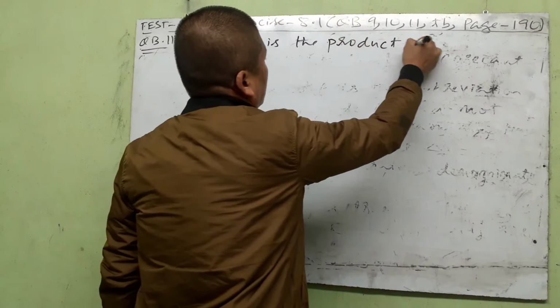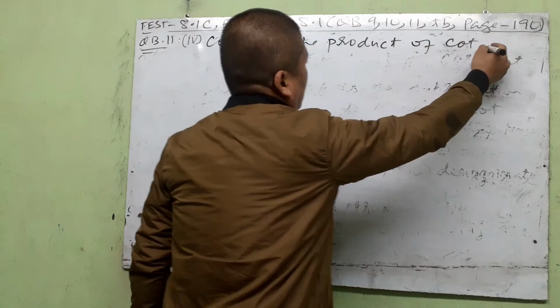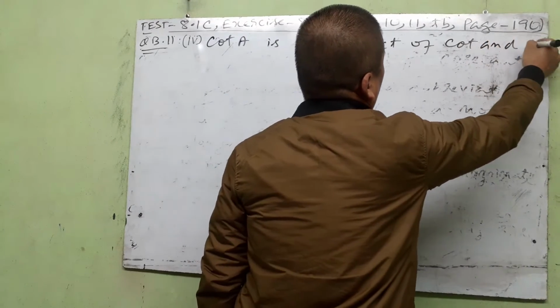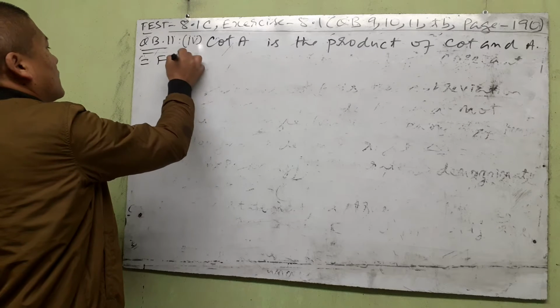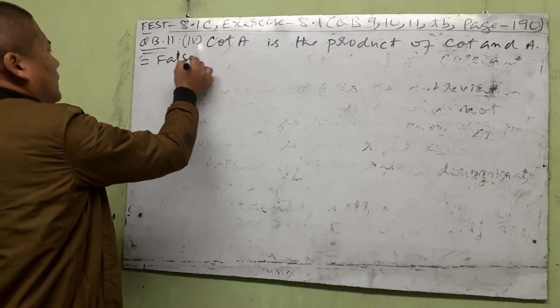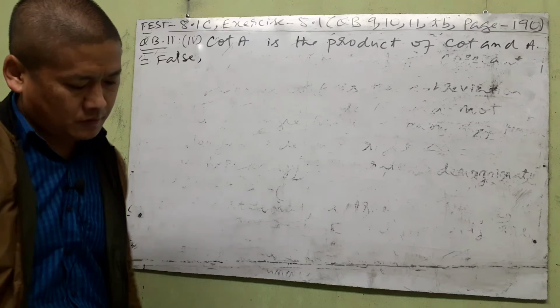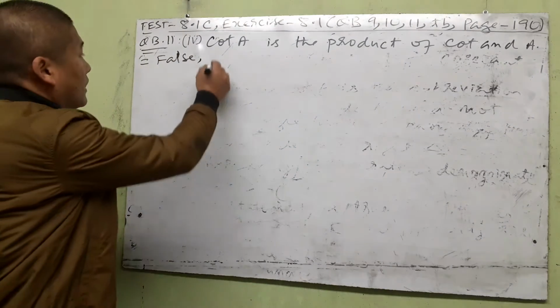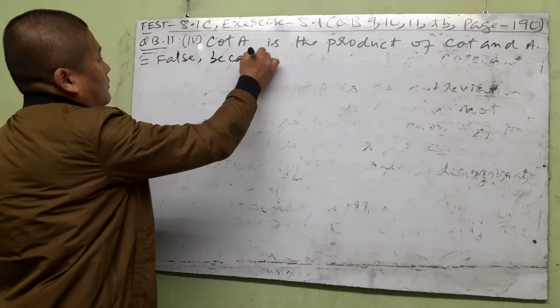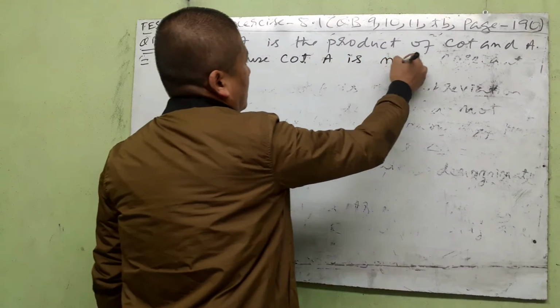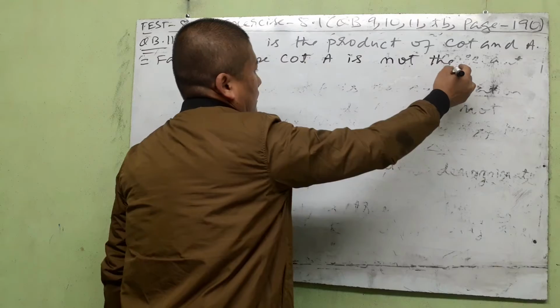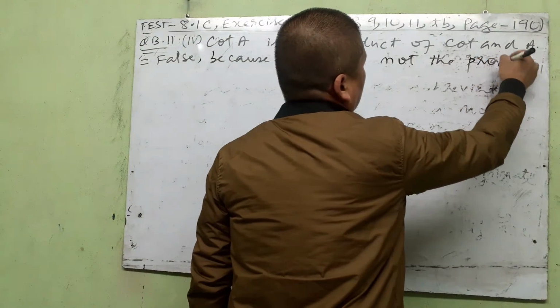Product of cot and A. Clearly this is false. We have discussed this in the second class. I think false. Okay, false. Because cot A is not a product. The answer is simply because cot A is not the product